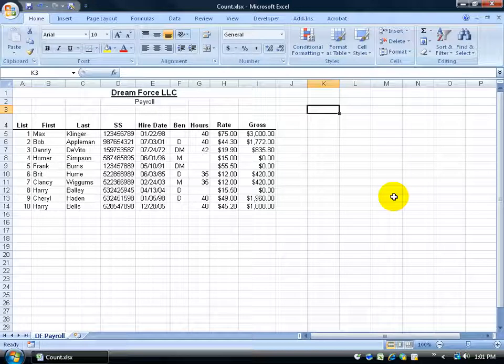There are two types of count functions. You have just your basic count function, which will count up only the number of cells that actually have numbers within them. And then you have your COUNTA function, which counts the number of cells in the range that are not empty. So for example, I have my payroll here and I want to find out or count up